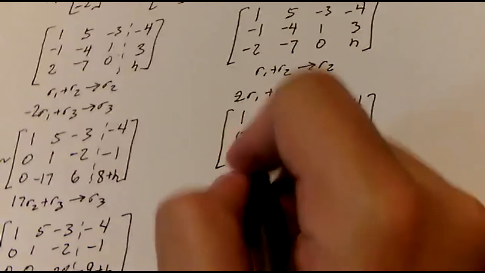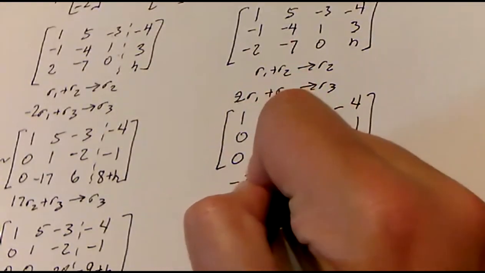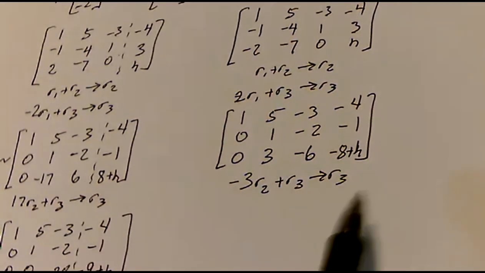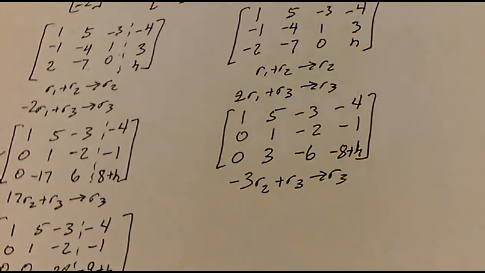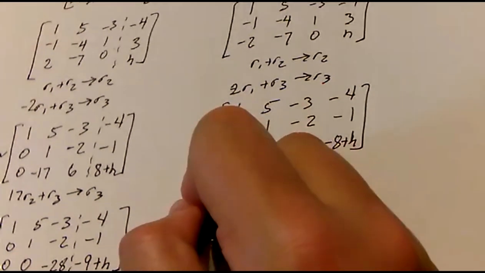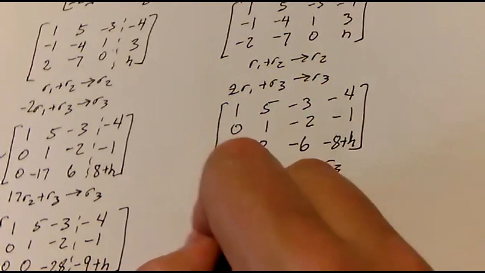Okay, similar row operation here to get 2. So I get -3 copies of row 2, add that to row 3, and replace row 3. Again, it's a good habit to list that second row, I should say, that you're adding. That will help keep your computation straight. That should always be the one that's getting replaced. Okay, so row 1's not going to change. Row 2 then,